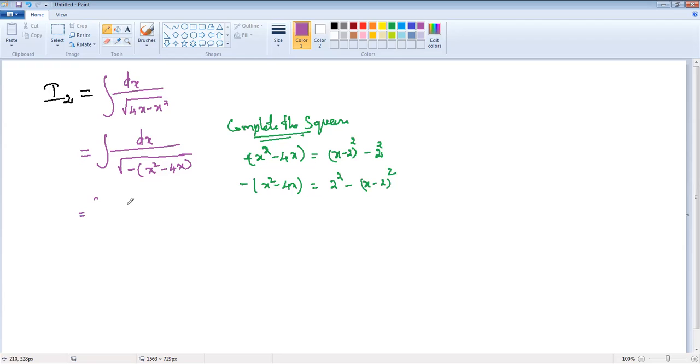So that is equal to integral dx by, so that is equal to x minus 2 by 2 plus c2. Now you can replace equation 2. So equation 2 becomes,